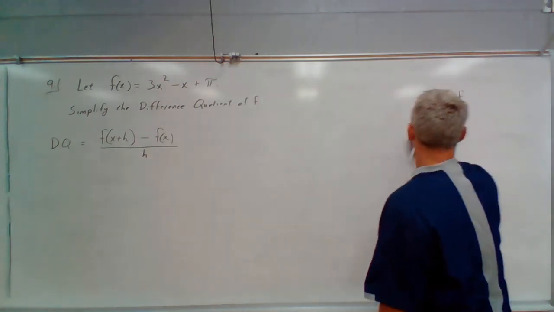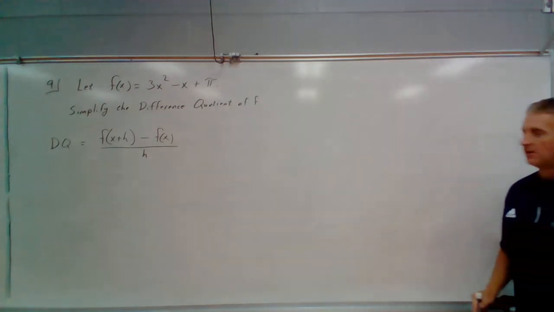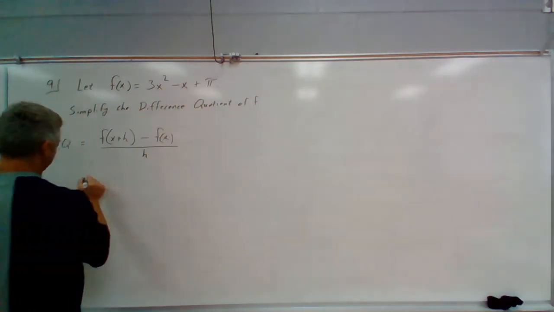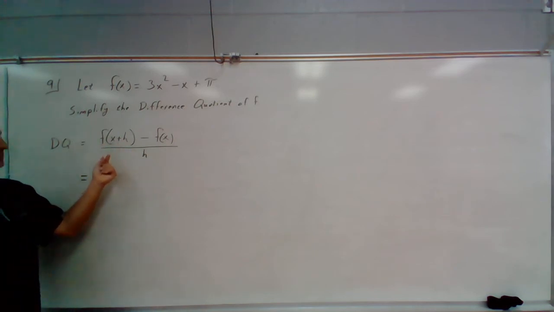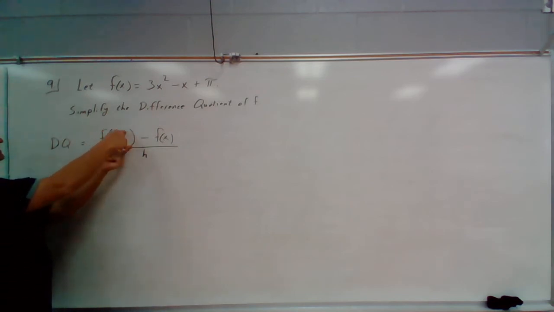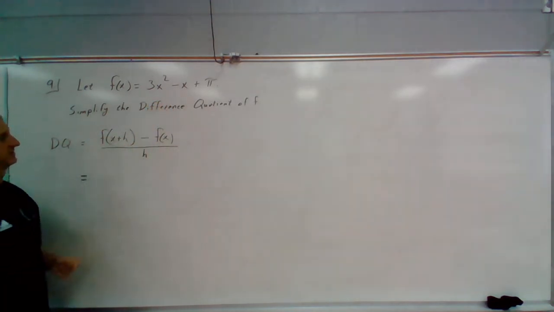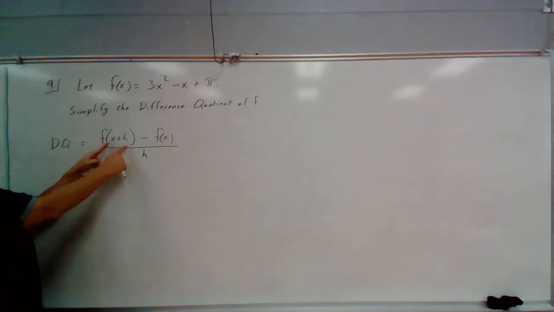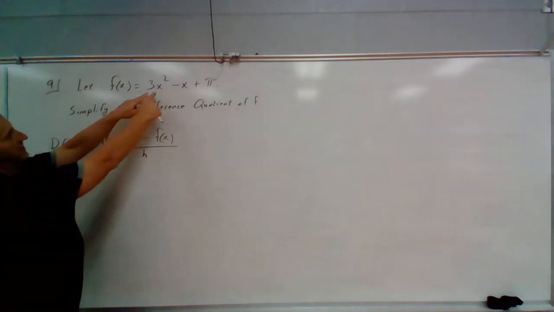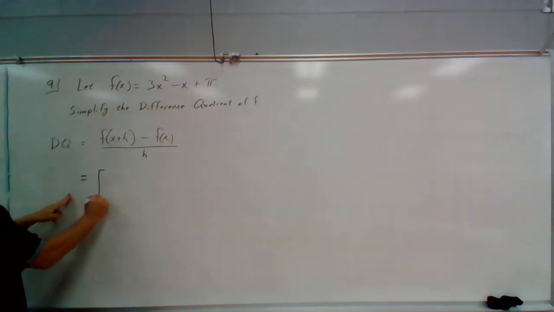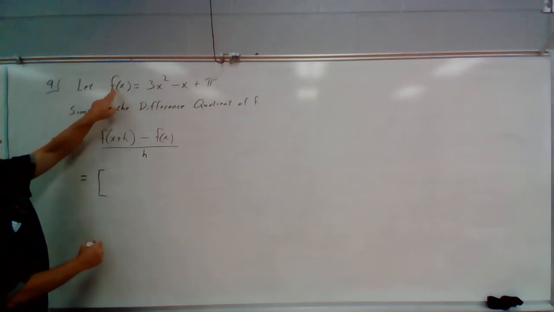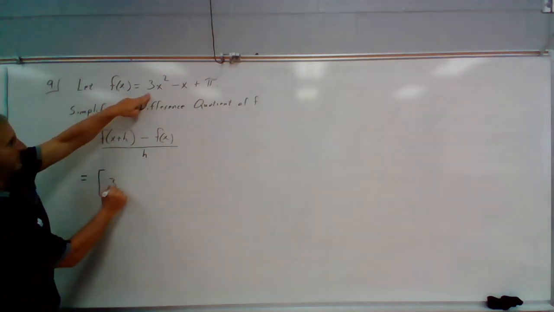All right, so here I have this function, and I want to simplify the difference quotient. So first of all, I've got f of x plus h. Remember, if you say f of something, no matter what that something is, you plug that something into the function. So if I do f of x plus h, I want to plug x plus h in for all these x values. So f of x plus h will be 3 times